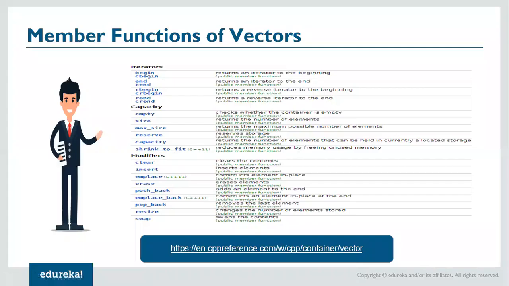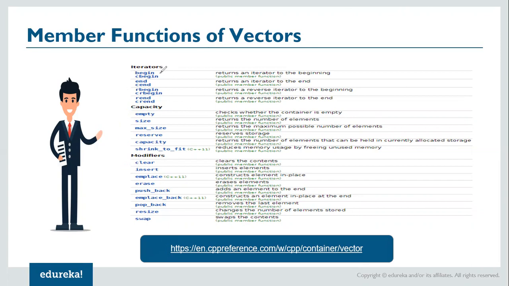So moving on, let us look at some of the member functions of vector. This is a very exhaustive list, and I have taken a subset of functions and shown them here for your reference. I have taken it from this particular URL or website. If you define an iterator on a vector, it has a good number of functions. For capacity you have a good number of functions, for modifiers you have a good number of functions, right? So we cannot cover all of them, but of course we will look at a few of them.